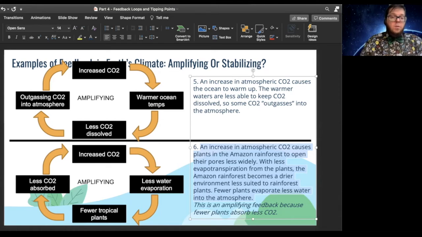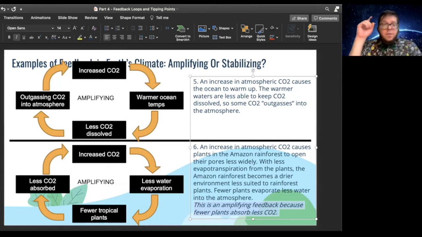With increased CO2, the plants evapotranspirate less water back into the air above them, so there's less rainfall, so there's less growth of tropical plants, and so less CO2 is absorbed by the plants, and there's more CO2 in the atmosphere. Lather, rinse, repeat. So this one that I've diagrammed here is an amplifying feedback because there's less absorption of CO2 by the plants. Now, this is a particularly interesting one because if this particular amplifying feedback loop were to become stronger,